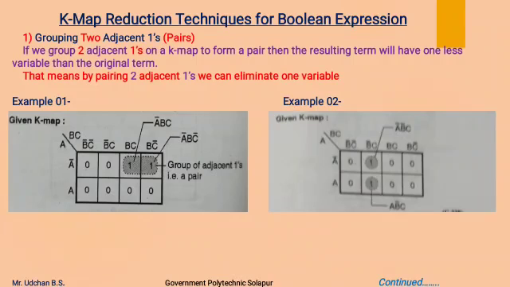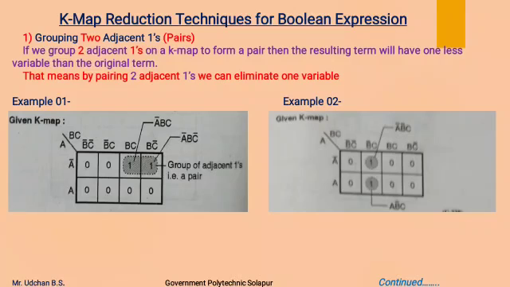We will see one by one the three methods of K-map reduction techniques, that is pair method, quad method and octet method. First we will see the pair method, in which we group two adjacent ones on a K-map to form a pair. Then the resulting term will have one less variable than the original term. That means by pairing two adjacent ones we can eliminate one variable from each of the product terms in a